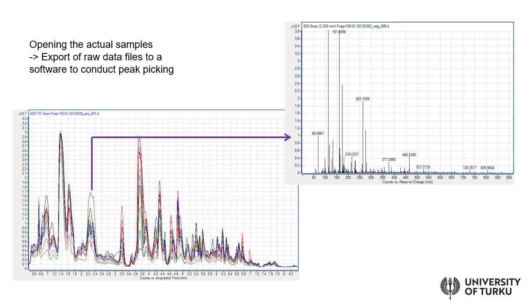But before you go there, you should check that the quality control samples are okay, and also open the total ion chromatogram of the actual samples as is done here. And you can see that there is a lot of fluctuation in the actual samples, which is of course a good thing, because it means that you do have metabolite differences in the different analytical samples. And once you have opened these files and checked that everything is fine, you don't have any huge deviations in your quality control or anything.